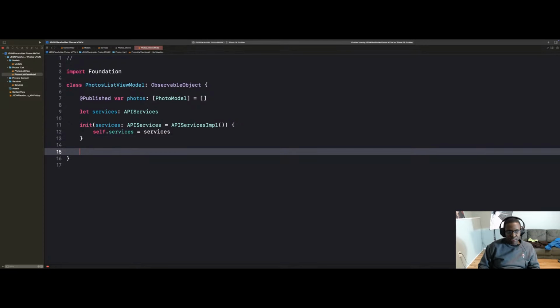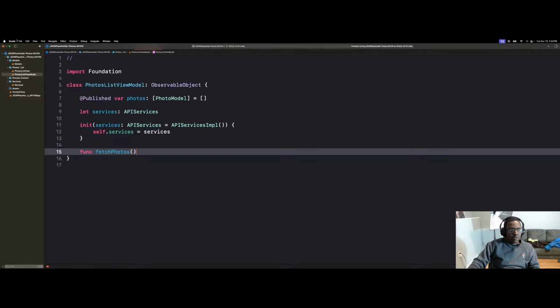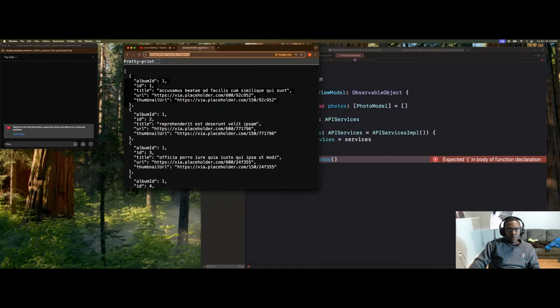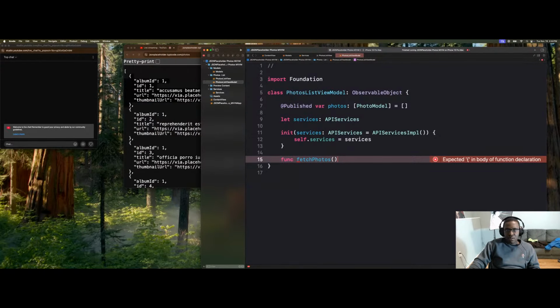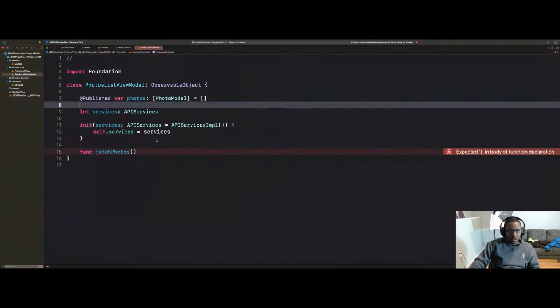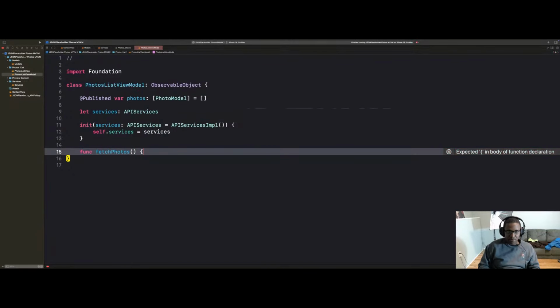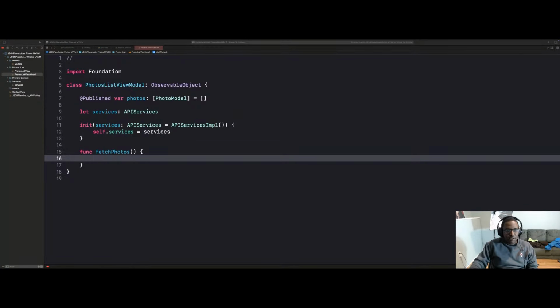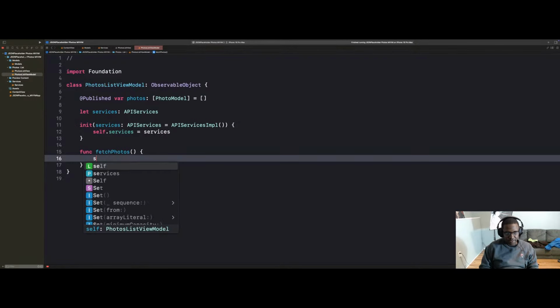All right, so now let's add the function to actually get the data. So it's a fetchPhotos. Let's minimize this for a second. Okay. So we'll go back to fetch photos, and what we're going to do now is call